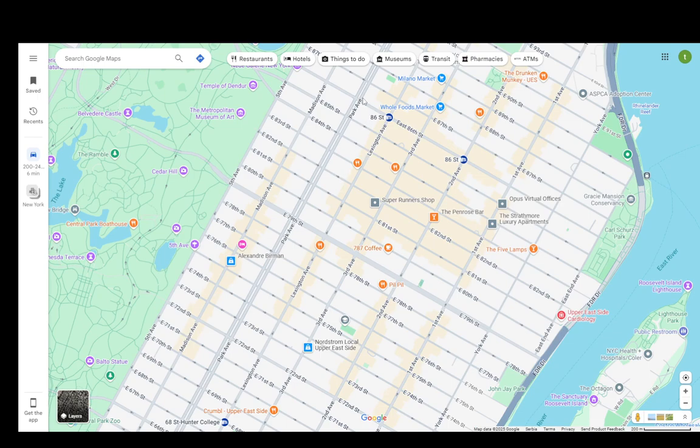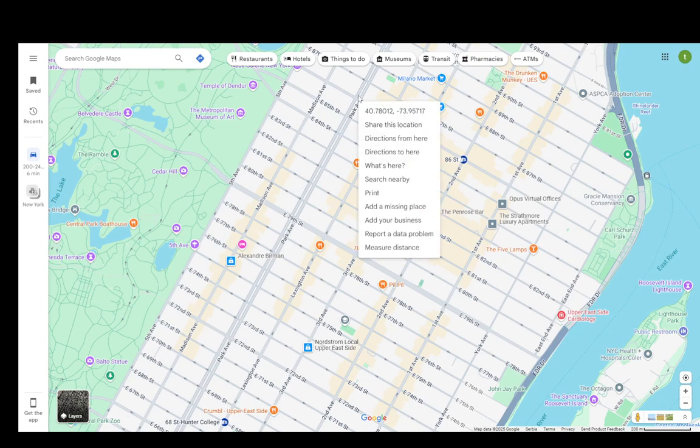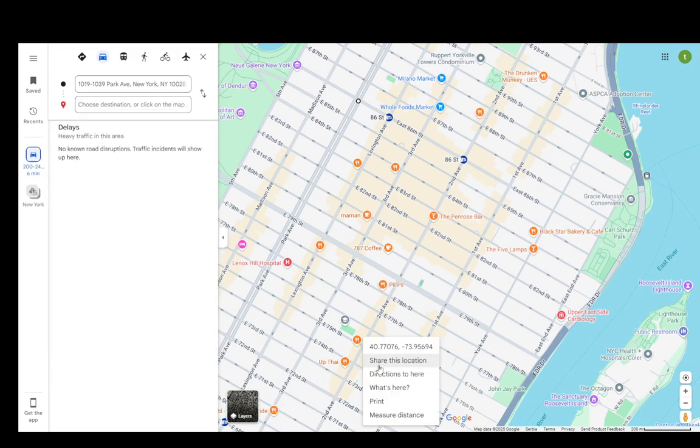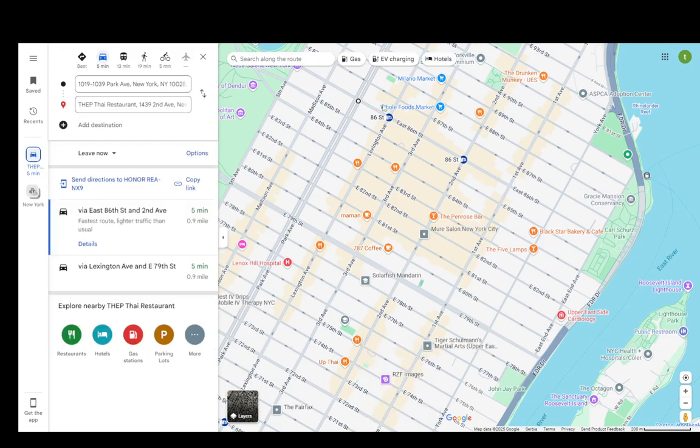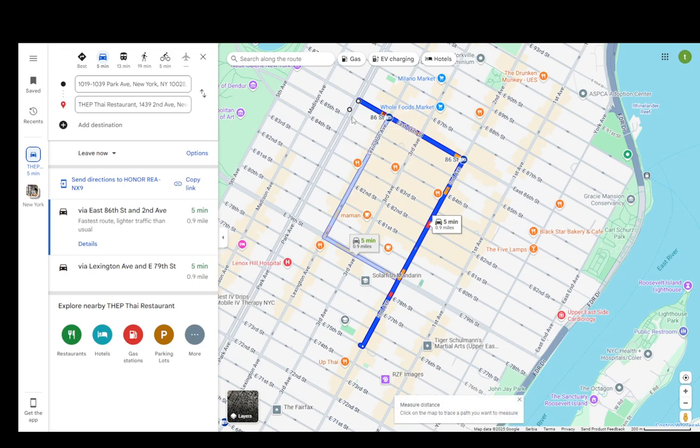So for example, you can go ahead and right click anywhere you want, any location, set directions from here, and then set here to ask directions to here, and as you can see, it's going to point directions between the 2 points. Alternatively, you can also right click and you can also measure distance, which you can just select a